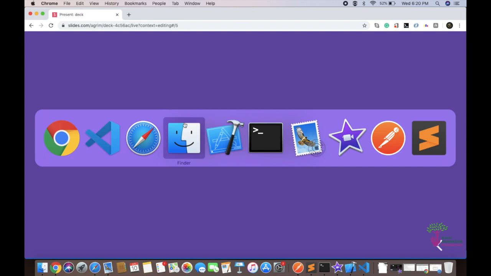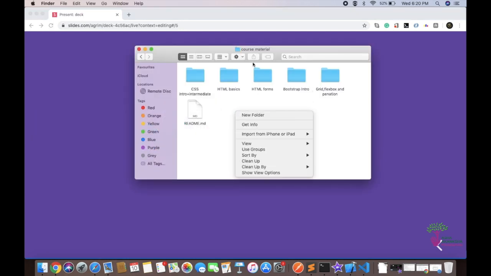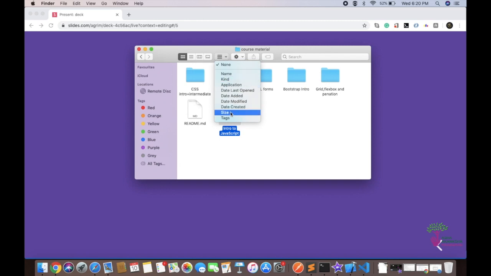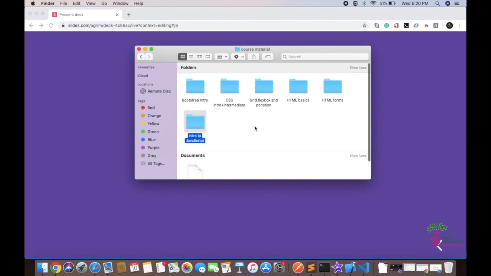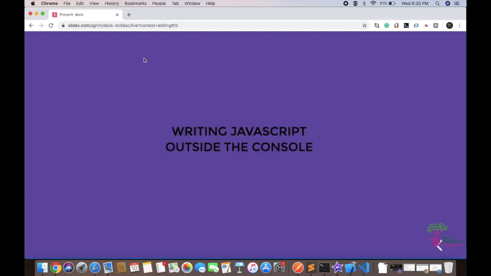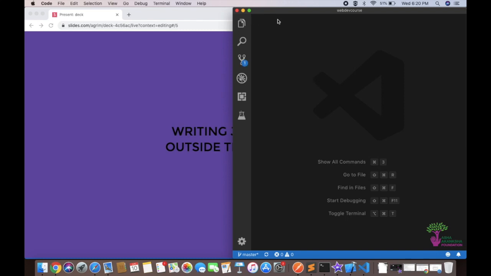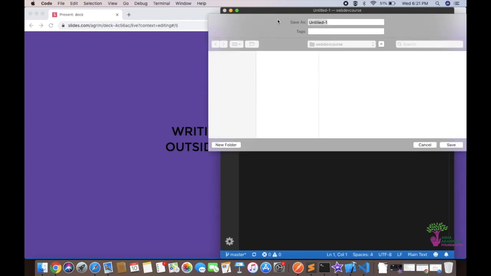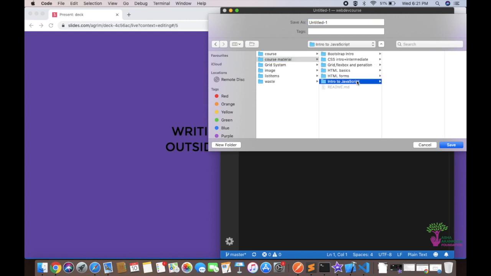The first thing I'm going to do is make a new folder inside this course material, which is uploaded on GitHub so that you can get a better idea. I'm going to name this intro to JavaScript. Now inside this, I'm going to make my new files. So I'm going to open up a new file here, and I'm going to save it inside course materials, intro to JavaScript. And the name is going to be